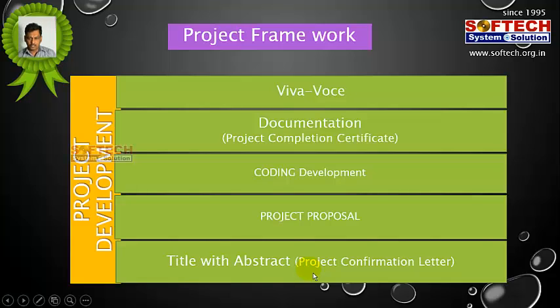Then we list out the references, that is, to draw the data flow diagram, to draw the ER diagram, to make the models, and the literature review. Suppose the project consists of many algorithms, then we do a literature survey of what algorithms are available. If we want to use one algorithm, what is the previous algorithm, what is the next invention of the algorithm, and why we want to use this algorithm rather than others. So we do the literature analysis for the algorithms.